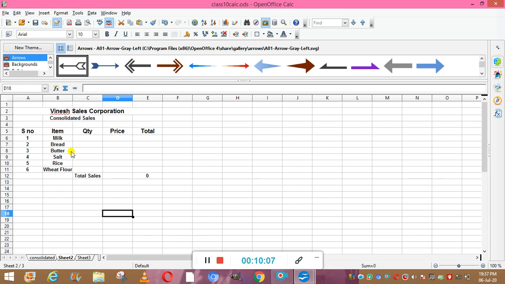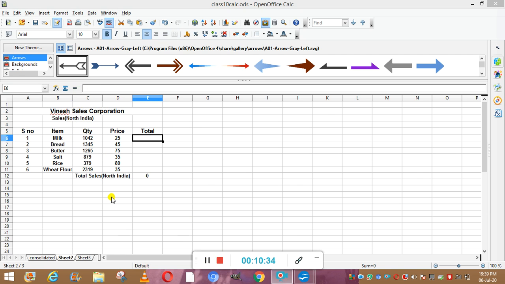Here we have pasted this, but this sheet is not consolidated sales, it is sales of North India. So in this we need to change some data. Columns and rows will be the same, but the values will be different. So I will enter that.